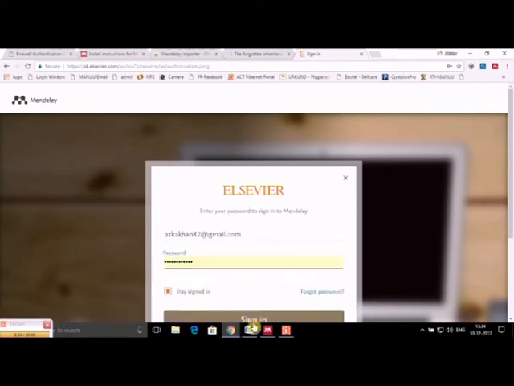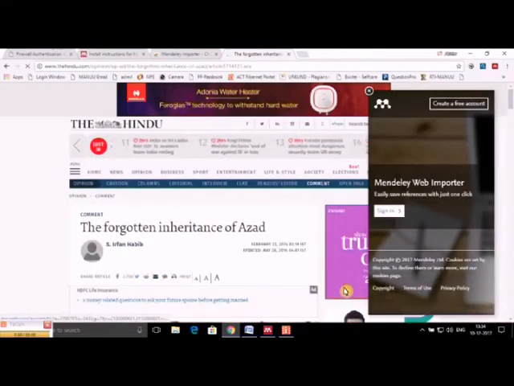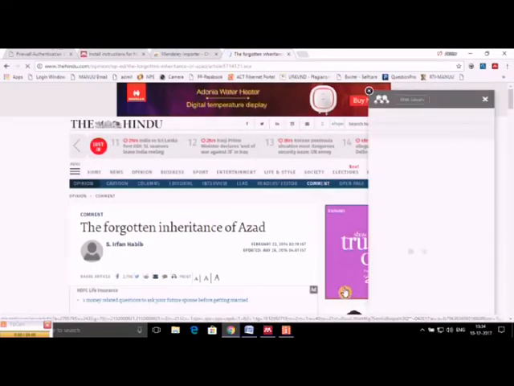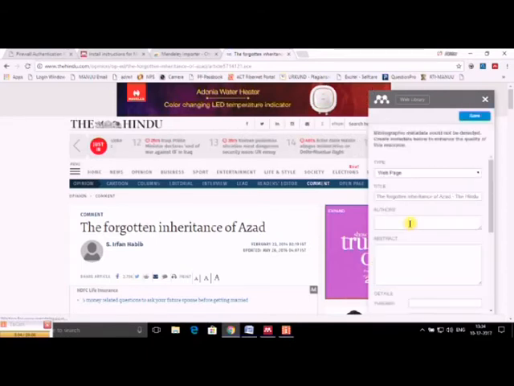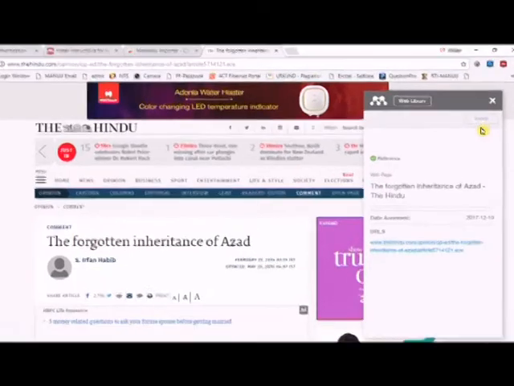Continue. My password is already there, so I'll sign in. So what I can do, see, I can save this particular document or the web page. I'll click here and it will get added to my Mendeley dashboard.